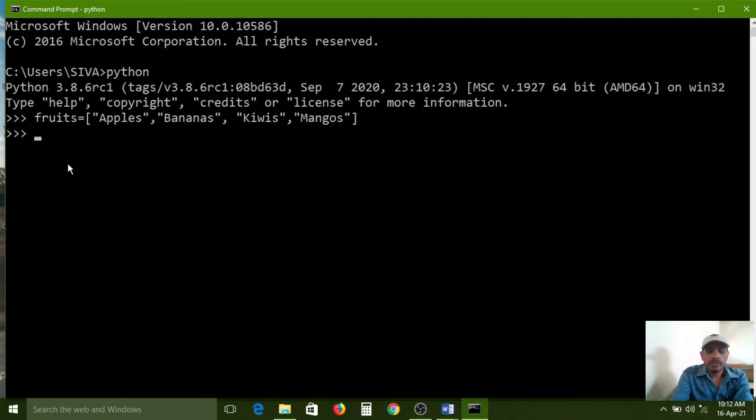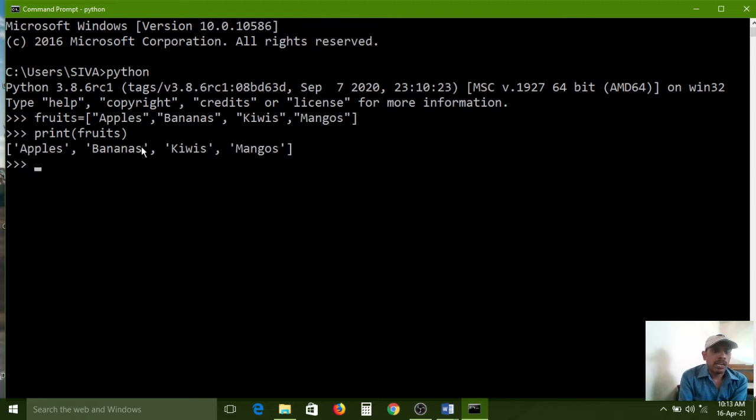If you want to access all elements, simply type the print function and pass the fruits list name as the argument. This variable you pass as the argument in the print function, and simply press the enter key. Apples, bananas, kiwis, mangoes, all of it.